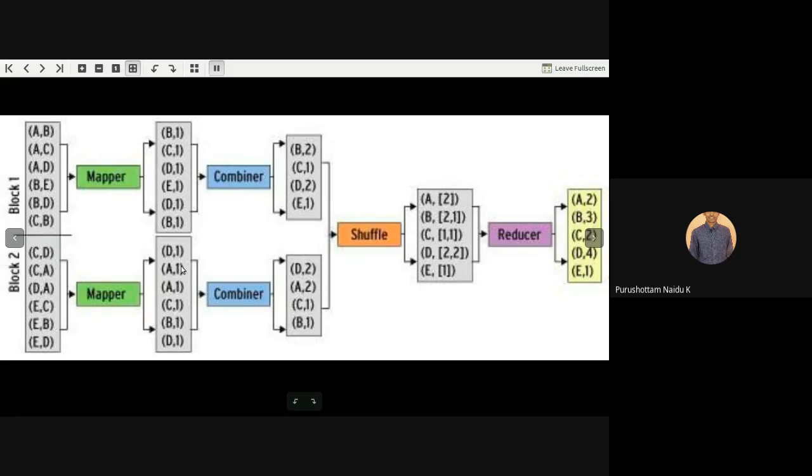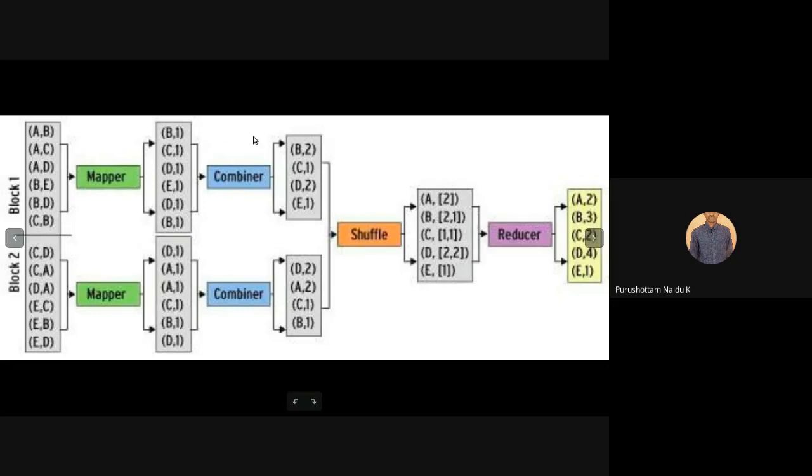Fine. Let's see if we are not using the combiner. If you're not using the combiner, then what happens is it performs shuffling and sorting.